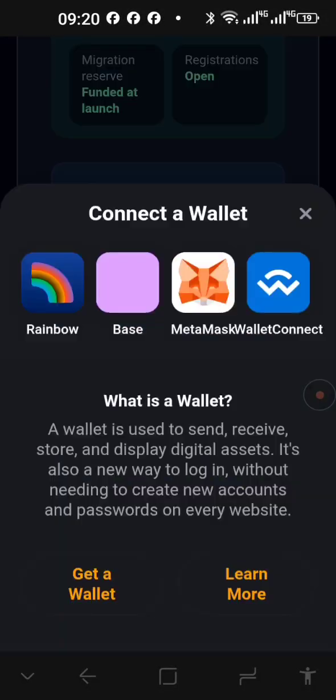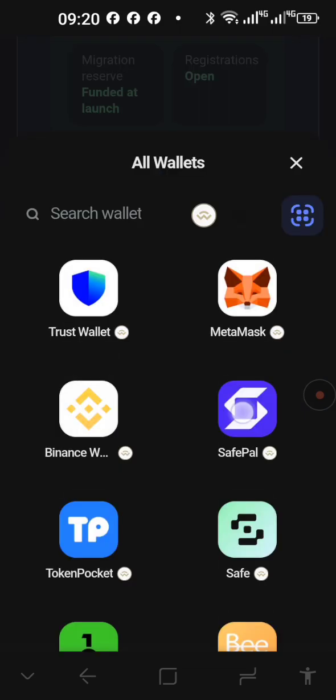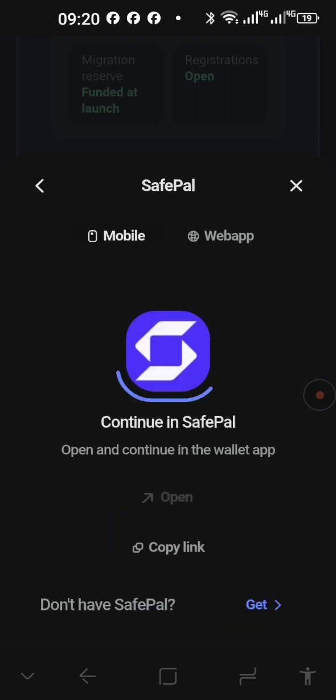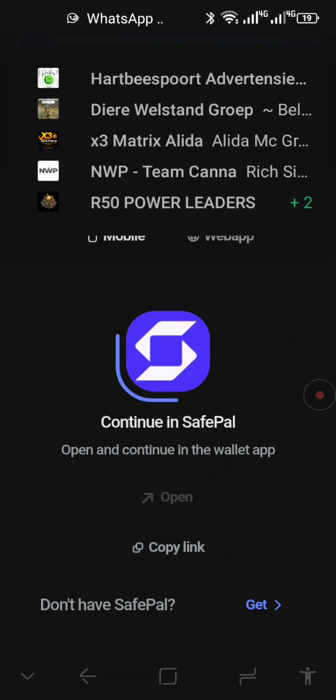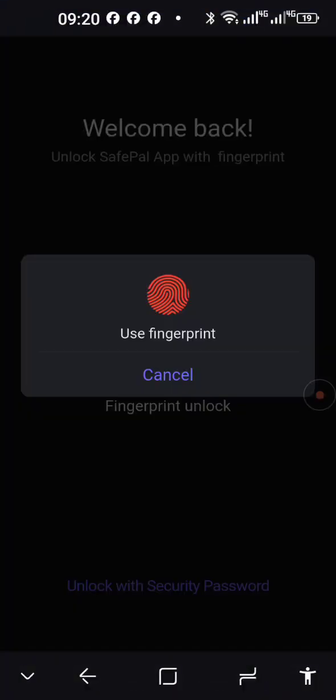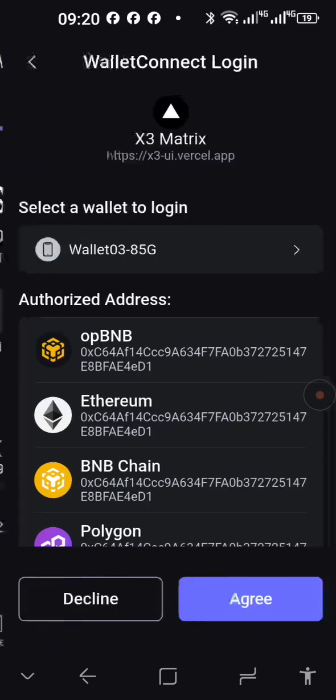I'm going to connect, and this is what you will see if you do not register through the SafeSpell wallet. If you go to the website directly, you're going to choose Connect, Wallet Connect, and then SafeSpell. It will connect to SafeSpell and ask you to approve the connection with the wallet.